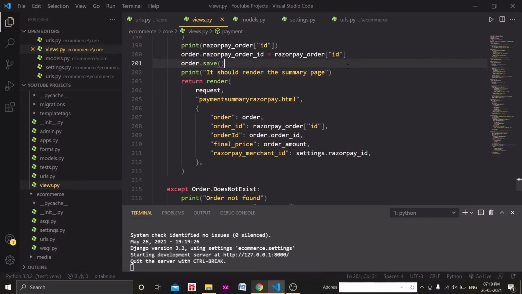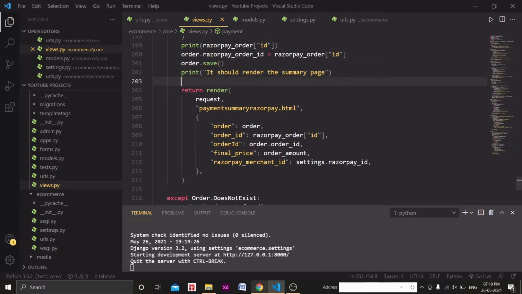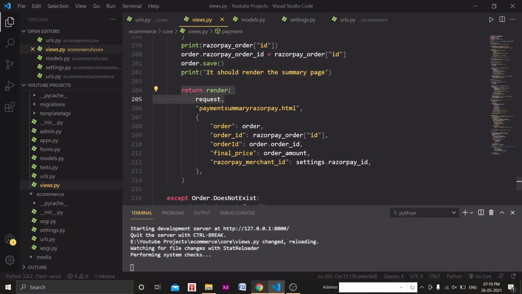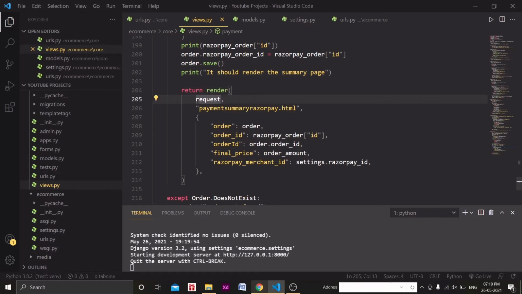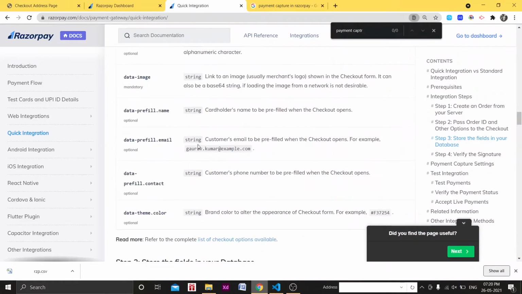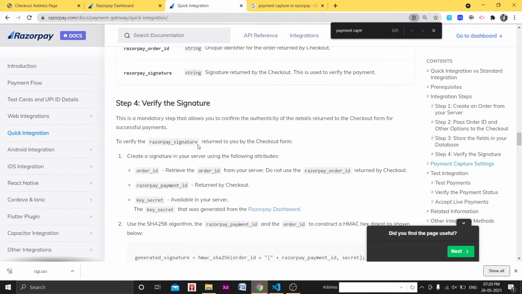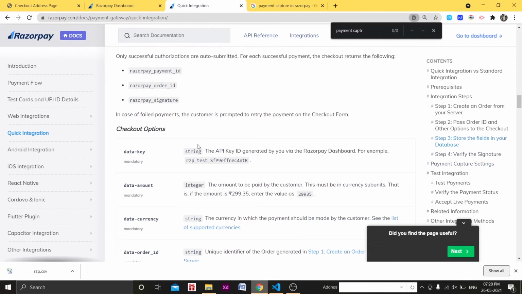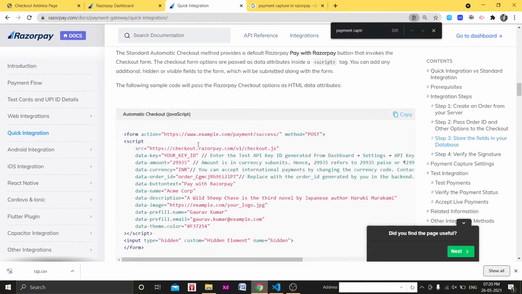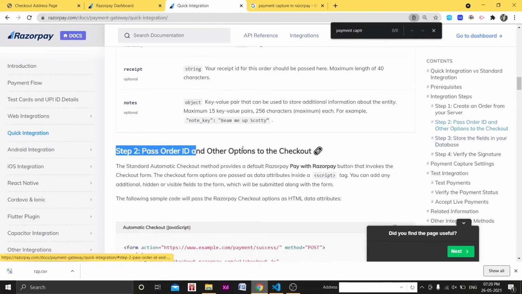Then this is the most important part here. What I am going to do is render, obviously it will take request, and I am creating one HTML page, the payment summary Razorpay HTML page, where we will have one button. When the user clicks on that button, they will open a pop-up with their UI.